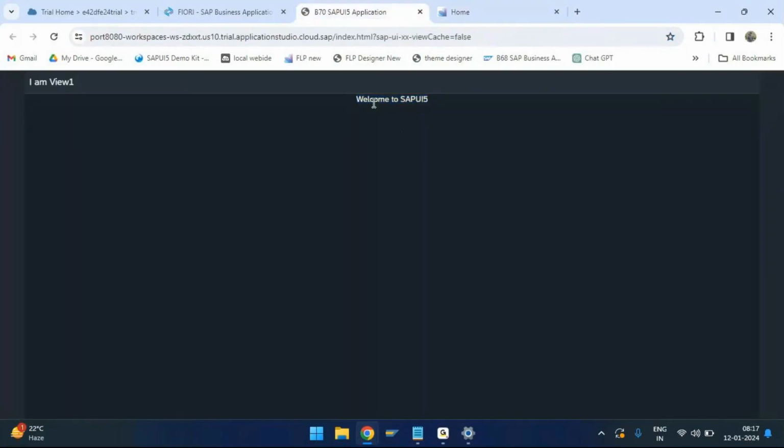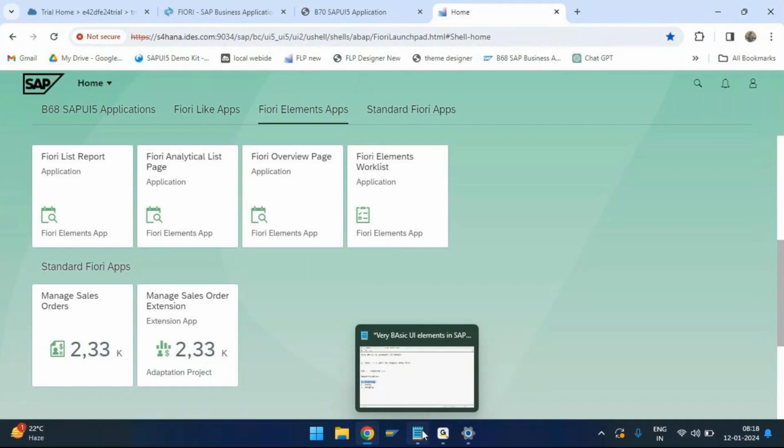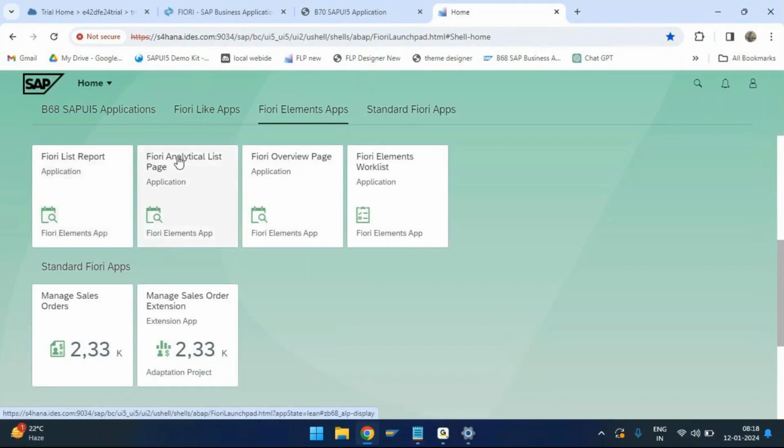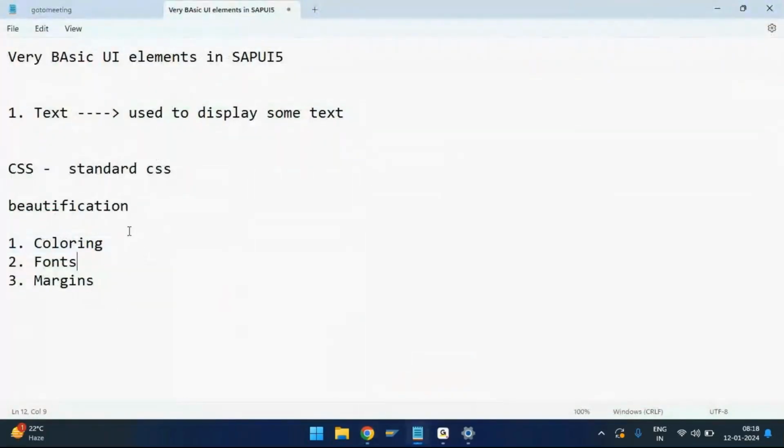For example, if I apply a red color here, that red color you will not find in these three categories. So the end user, when he opens your application developed by you, will find the text in red color, whereas in other tiles, in other applications, that red color is not there. And it looks very awkward, one application appearing in some color and other applications appearing in other colors. So this is the primary reason why SAP does not recommend to write any CSS related to coloring,